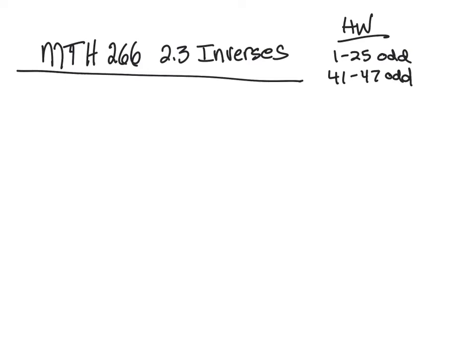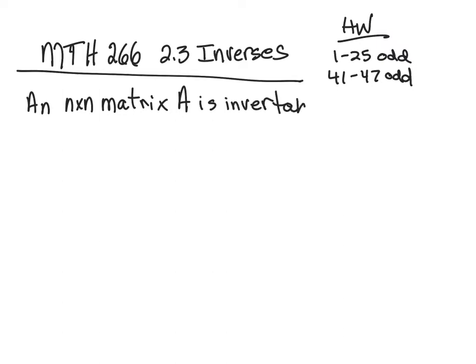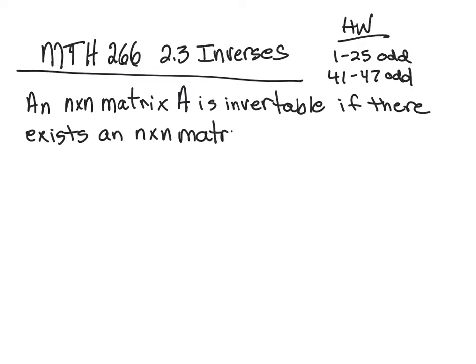2.3, inverses of matrices. Okay, a matrix has to be square to be invertible. So an n by n matrix, we'll call it A, is invertible if there exists another matrix, same size, such that